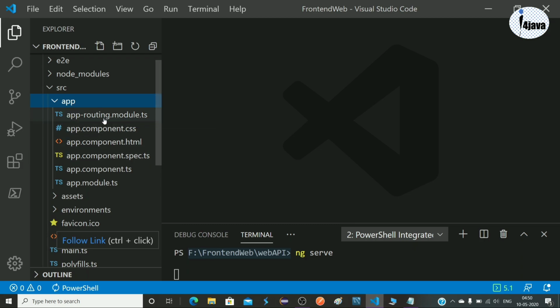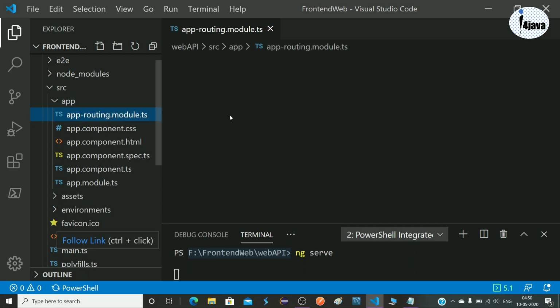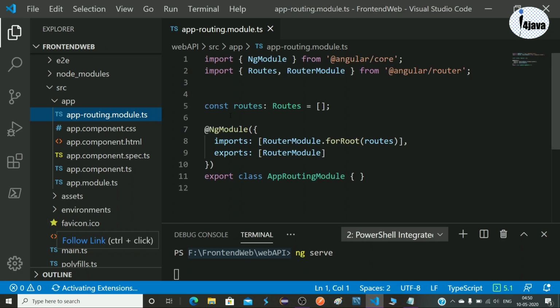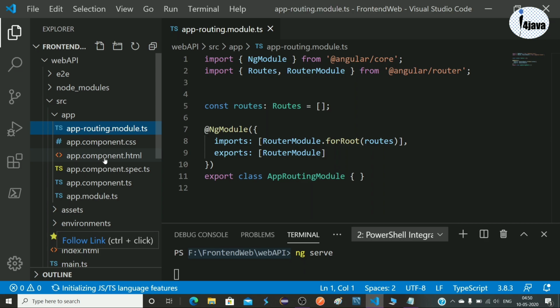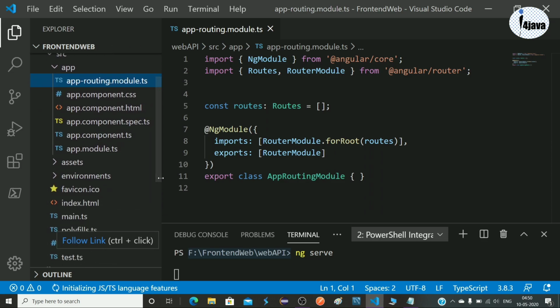So this is the app routing module. If you don't know what routing is, I am going to explain it in the middle of the development, when we use it. And this is the component CSS for the style sheet, and this is HTML for markup and basic designing, and this is the component class.